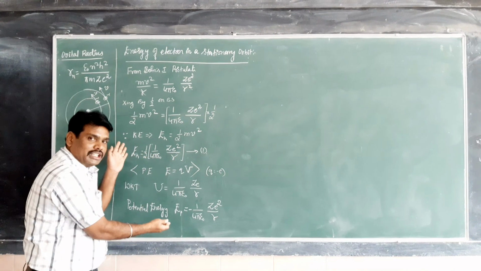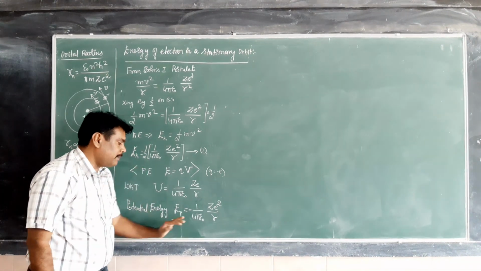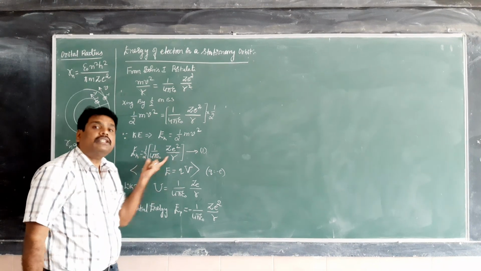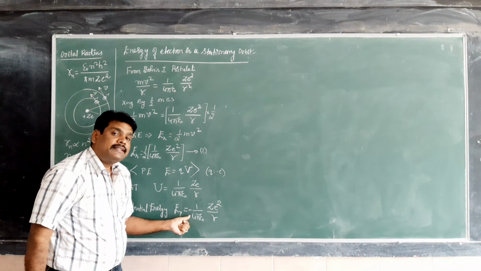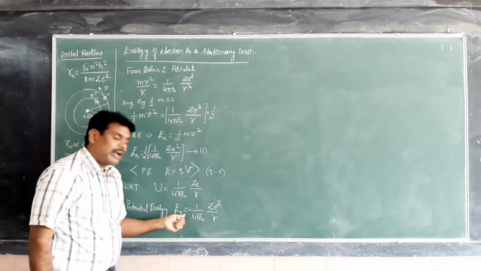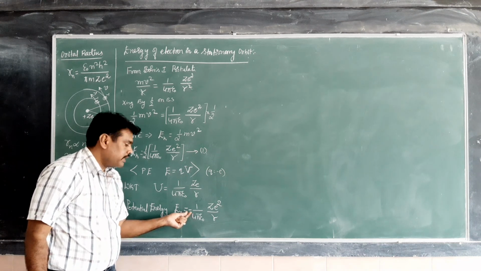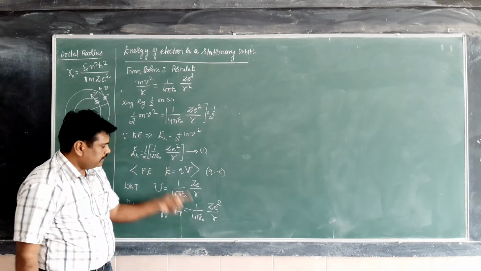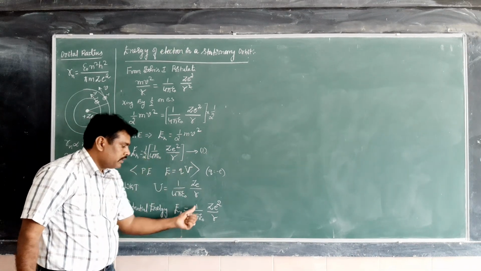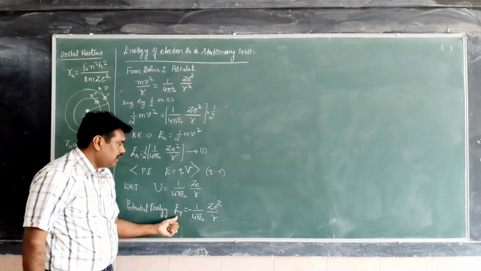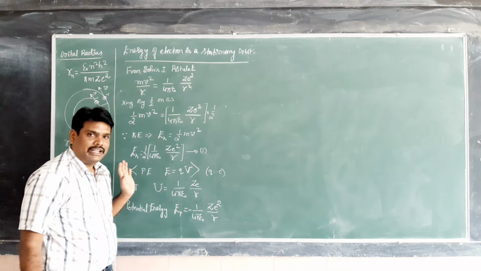See, generally we have a standard formula. In that we can clearly say that the potential energy is always 2 times the kinetic energy, and potential energy is always negative because it is restoring energy. Potential means it is the restoring energy, that's why it is always negative. See the difference between these two? Exactly the same, but there is no 1 by 2. It means potential energy is 2 times the kinetic energy.